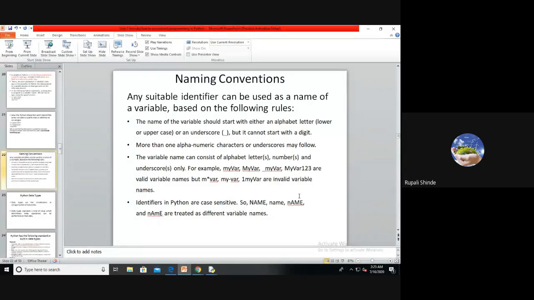So in the example given here, name, Name, and NAME are all different variable names in Python also. All the naming conventions or rules are similar to what we use in C++, C Sharp and Java. Accordingly, we give names to variables and identifiers.